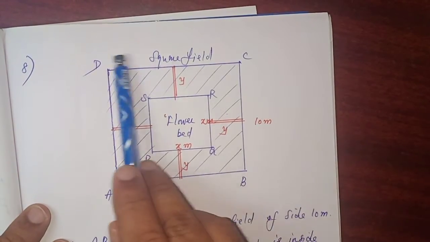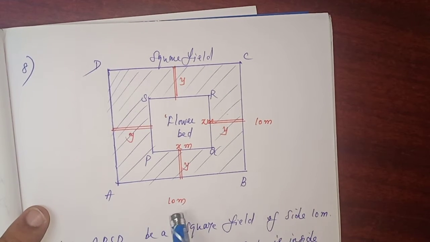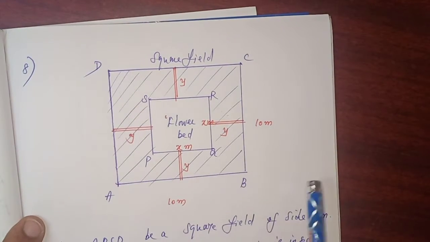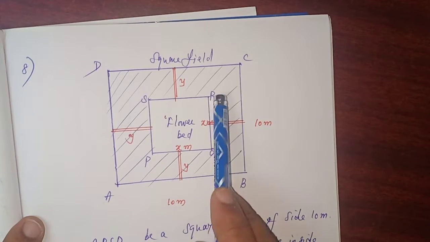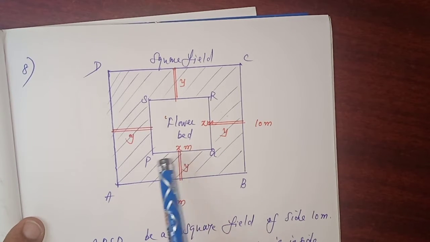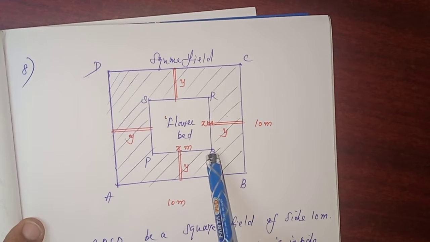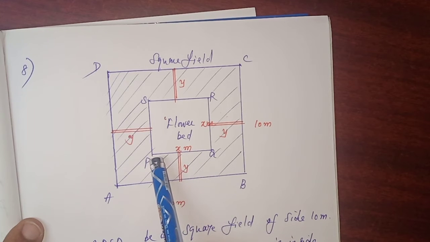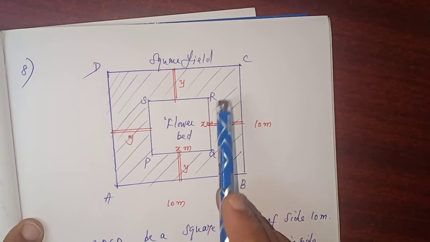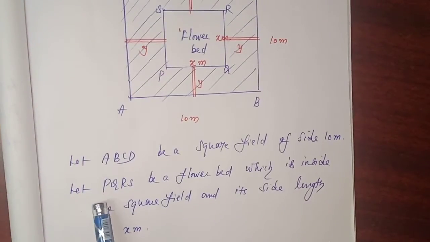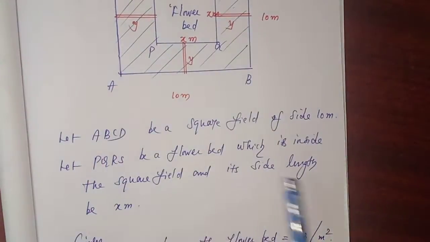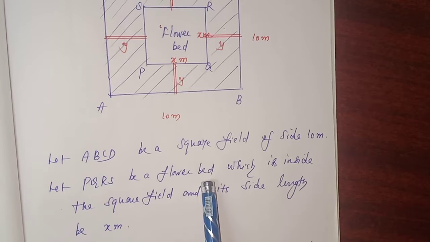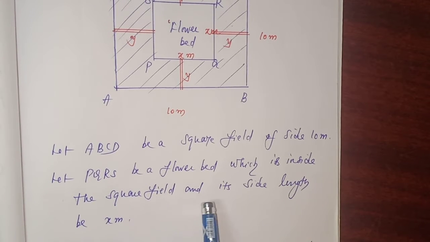ABCD is a square field whose side length is 10 meters. 10 meters, 10 meters, 10 meters, 10 meters, because it is a square, all sides are equal. Inside the square field, there is a flower bed that is also in the shape of a square. I consider PQRS is a flower bed. Since it is a square, I consider the side length as x meters. Let ABCD be a square field of side 10 meters. It is given. Let PQRS be a flower bed which is inside the square field and its side length be